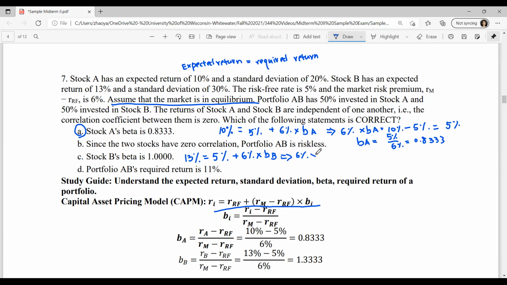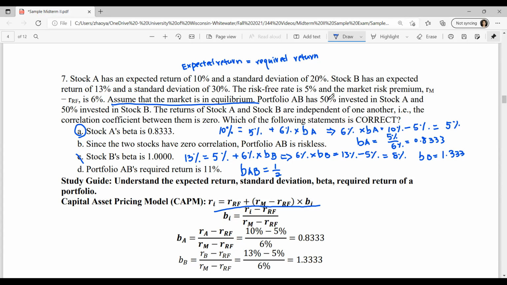So 6% times beta B equals 13% minus 5% equals 8%. Beta B equals 1.333. So we rule out choice C here. So the beta AB of this is a portfolio beta equals to half, because